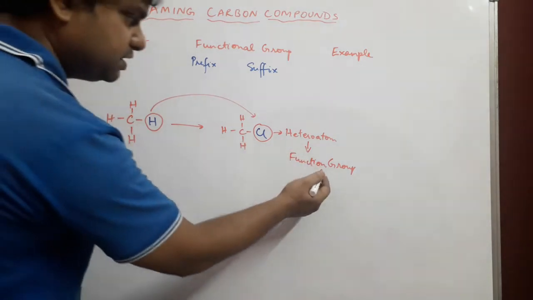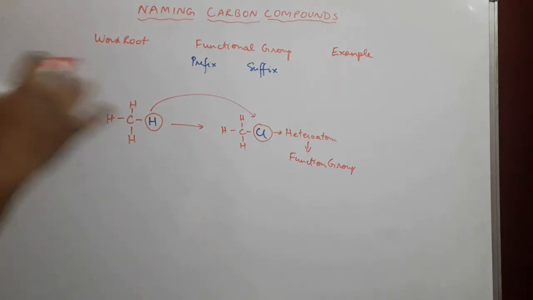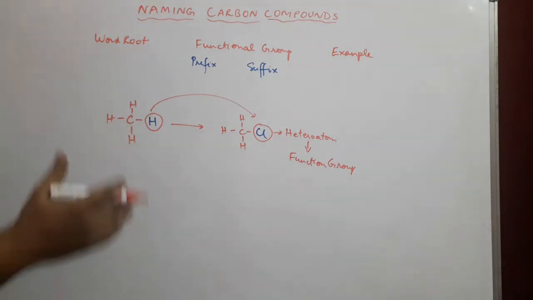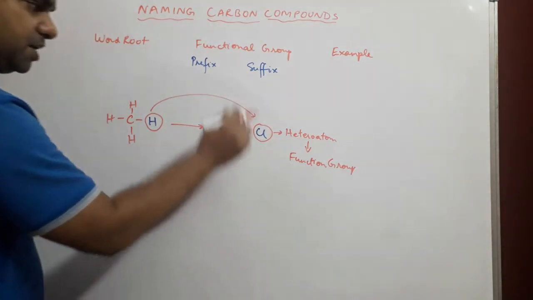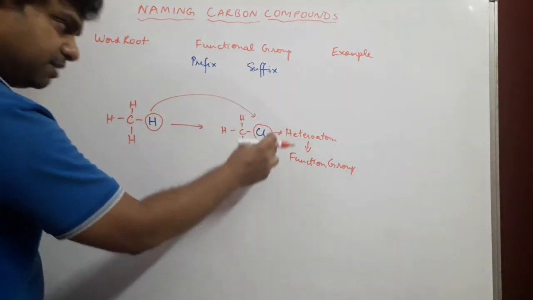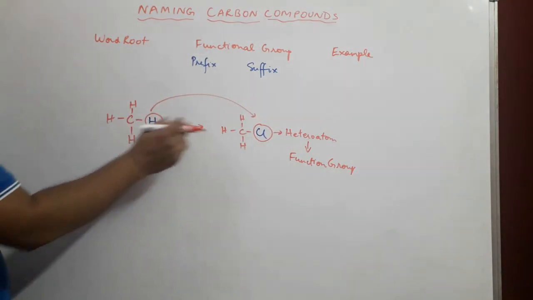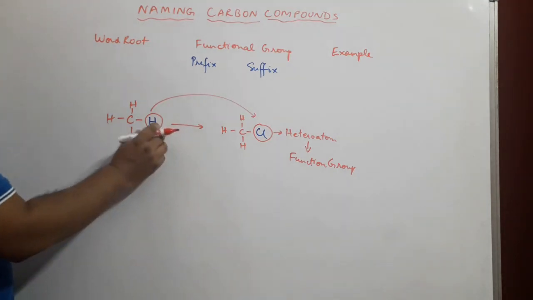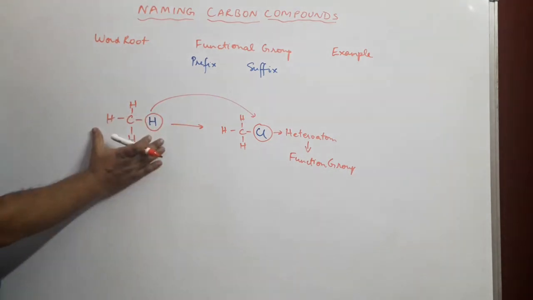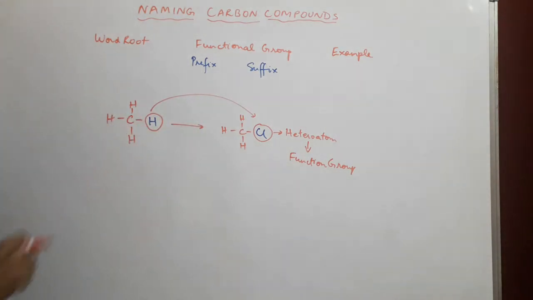It behaves differently compared to its original parent. Okay? So these are your functional groups. The functional groups always end up changing the function of that compound when these heteroatoms link to it. So remember, heteroatoms are nothing but atoms of elements which replace hydrogen atoms. They come in place of hydrogen atoms, and since they come in place of them, they give a new function to this particular compound. That is why they are called functional groups of that particular compound.